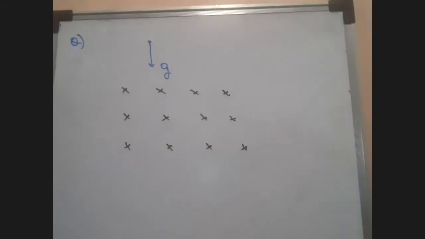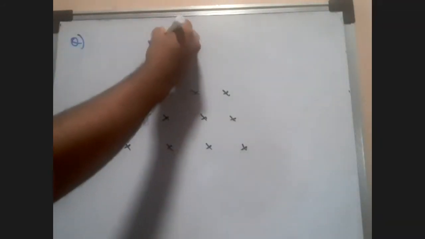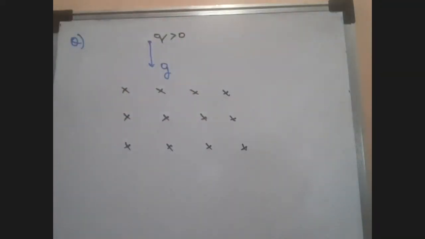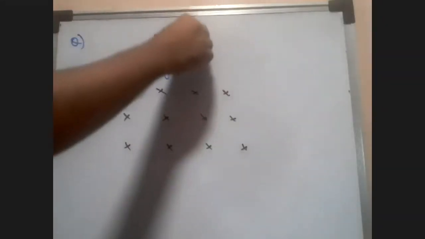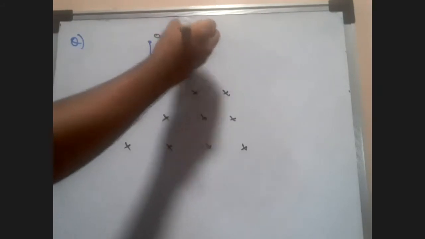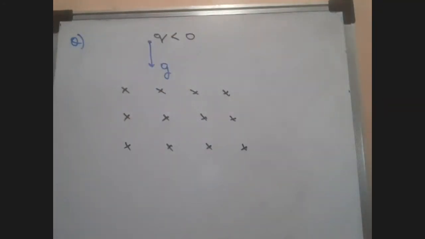Then can you tell me where will be the deflection? Suppose this q is greater than 0. Of course, we are talking about a positive charge. Sir, towards east. Let's say one minute. Let's say that it is a negatively charged particle. The question was a negatively charged particle. Yes. Someone said towards east. Okay, no problem. See, for a negatively charged particle,